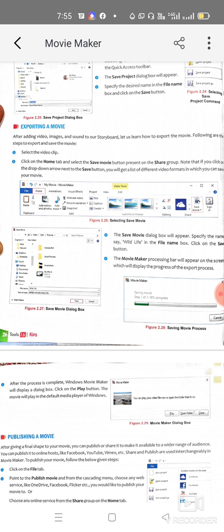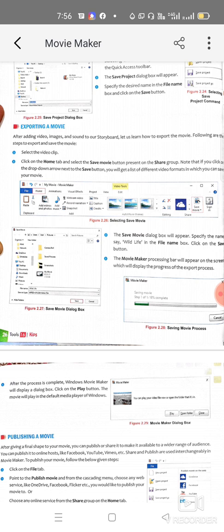The default extension of Movie Maker is .wlmp. So your project will be saved with this extension. But if you want to change the format of your clip, if you want to save your clip in any other format, for that you need to export your movie clip.